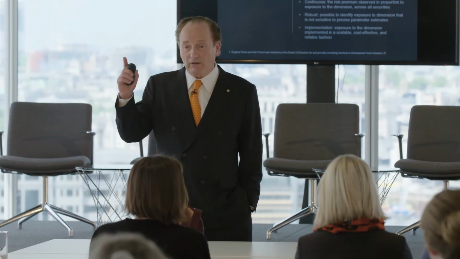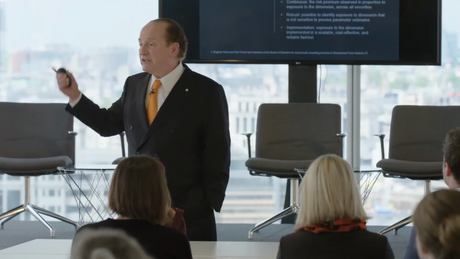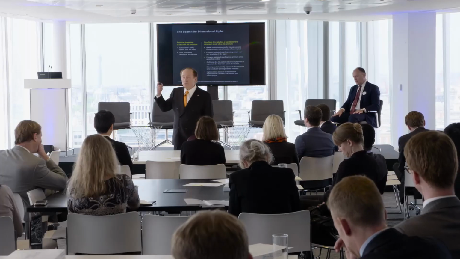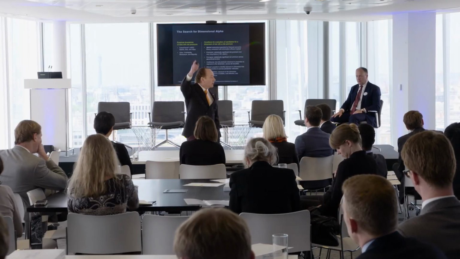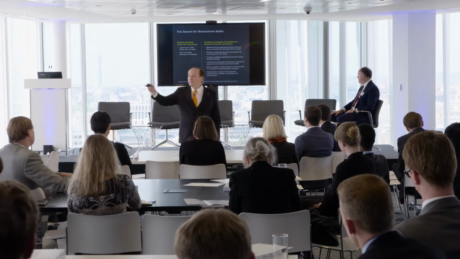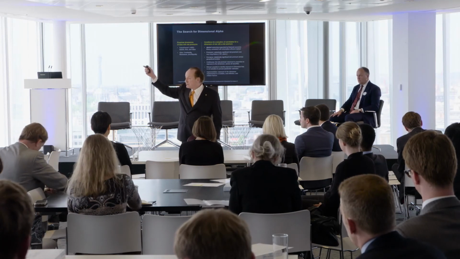This is for dimensional alpha, not the others. It should be persistent, meaning it should have been there forever. So we should find it in 50 years of data, not 20. Because this is a risk that had been there like market risk forever. Therefore, there should be no natural reason why it would arise after 20 years or only in the last 20 years or 30. Where for example, financial service alpha, of course that can happen because institutions have changed.